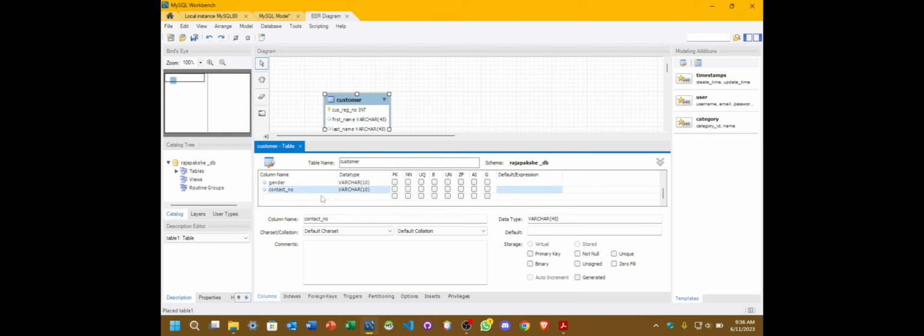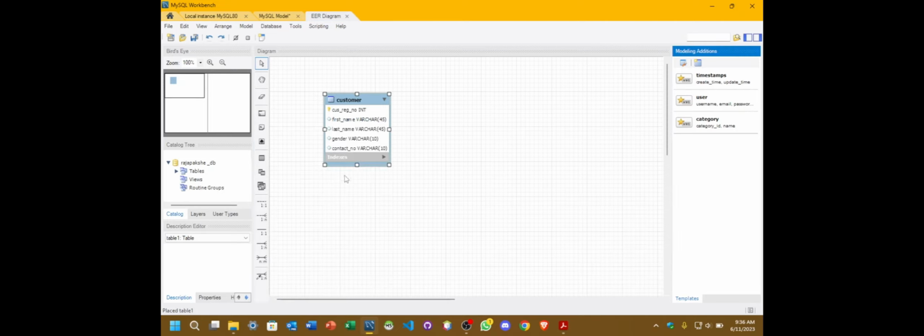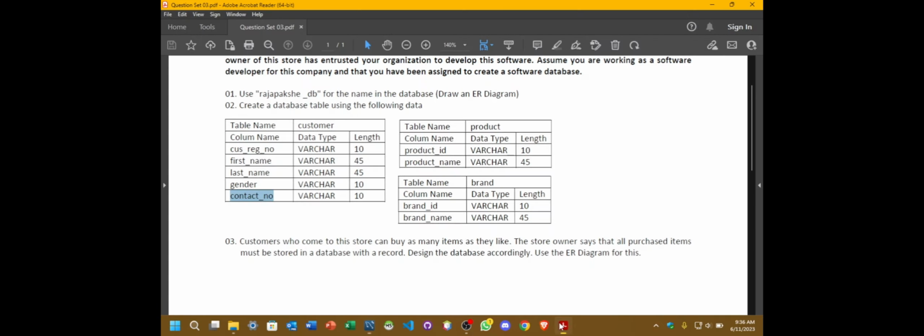We have created a table, and we don't have to save it manually. We can close this tab and it automatically saved. Okay, the table has been created. We can create